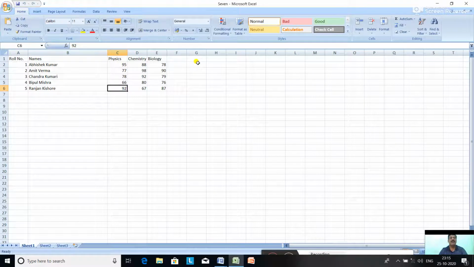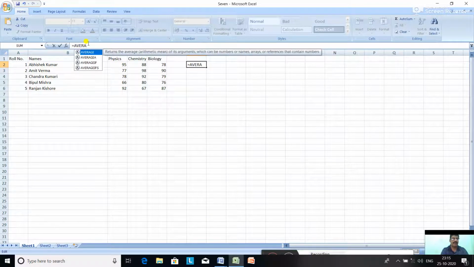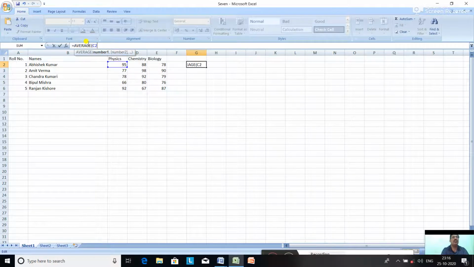Now suppose in the G cell we want to find out the average marks of Abhishek Kumar. Go to the formula bar, first put the equal to sign, then write AVERAGE, give the bracket. Now you want to find out the average. So what is the first one? What is the cell number of physics marks? C2. Write C2, comma, E2, comma.